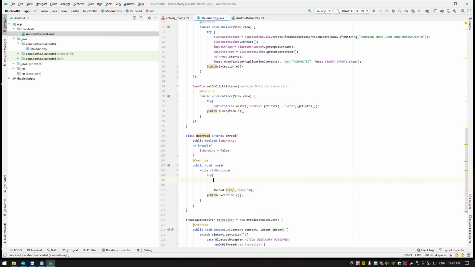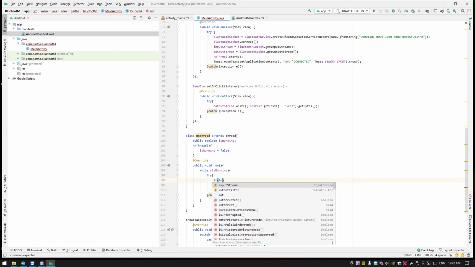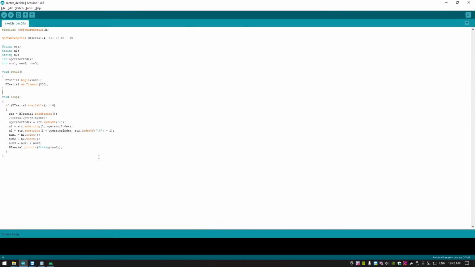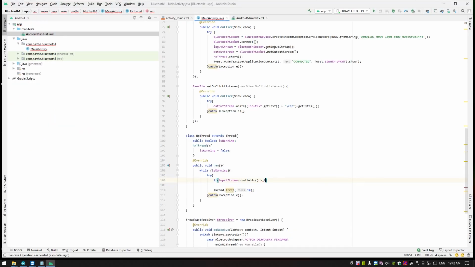Okay. To read something, what you have to do is check if input stream dot available is greater than 0. Then you have something. As in the Arduino, it sent the answer with /r/0, so we have a minimum of 3 bytes of data. In this case, only 3 bytes of data, so it should be greater than 2. Then only it makes sense.